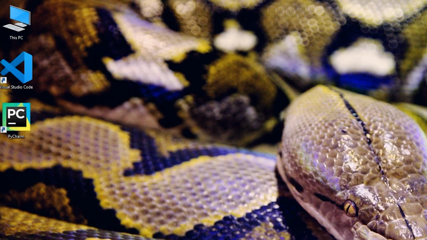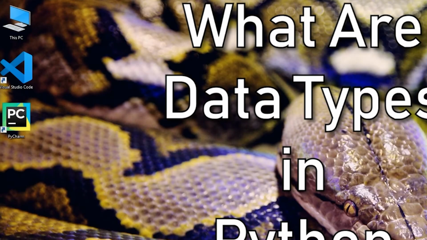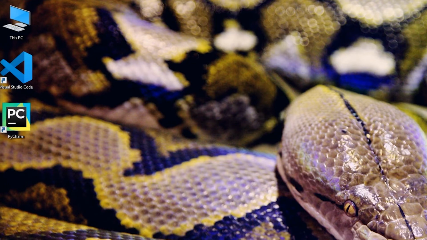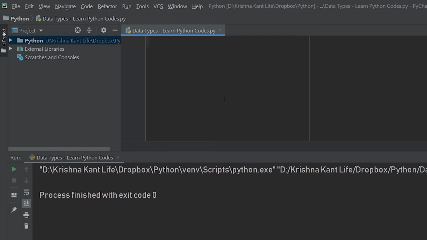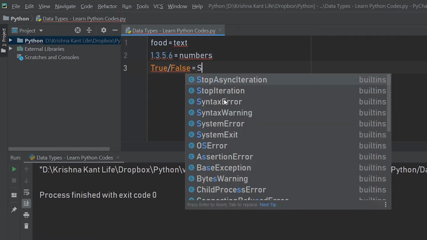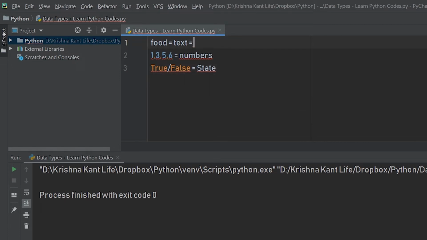And today we are going to take a look at what data types are in Python. Okay, so let's start in a really simple way. Data types are types of data that Python supports while programming. So let's start in a really simple way with what you would call all of these things. Okay, so what would you call food? Text, okay, and then these would be numbers, and this would be a state. So a text in Python is known as a string,